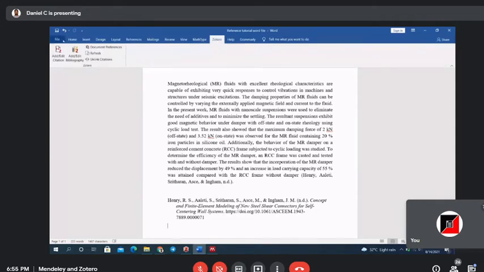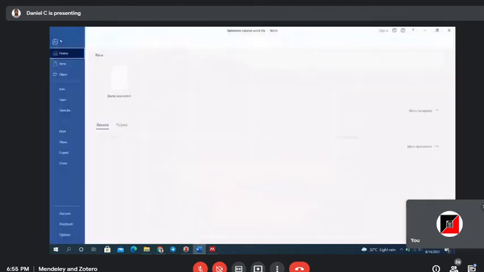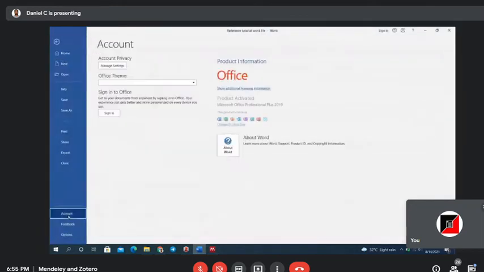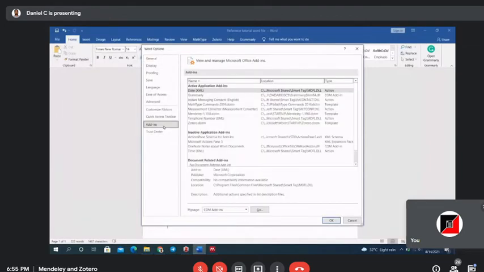And one more piece of information: in case your Zotero or Mendeley file is missing, go to the File option, go to the Account option, sorry, go to the Options, then click Add-ins, and check that Zotero is active and Mendeley also is active.